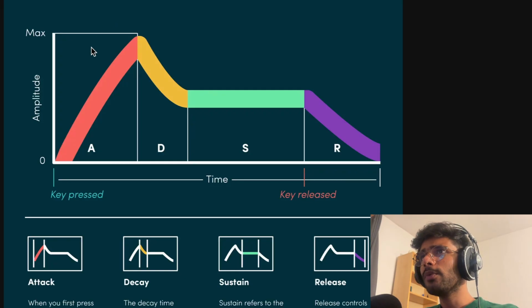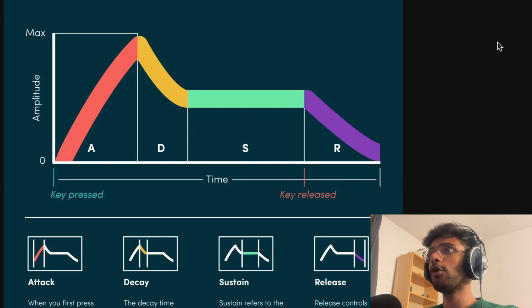In a more concrete way, we can look at it in terms of a piano. When you press the key, the time it takes to reach the maximum amplitude is the attack, and then the time it takes to reach the amplitude that it's going to remain in is the decay, and then it's going to remain in that amplitude for however long you keep pressing the key. And once you release the key, it takes some time to fall down to zero amplitude. So that's what we call release. And this ADSR makes the envelope, which we can set different parameters to, and that will create different shapes